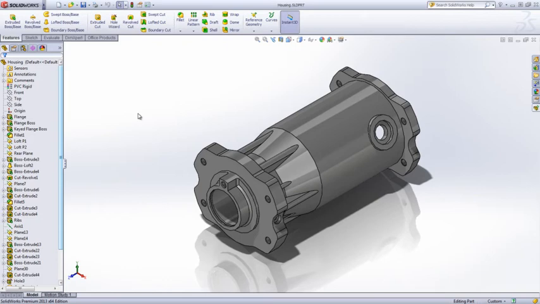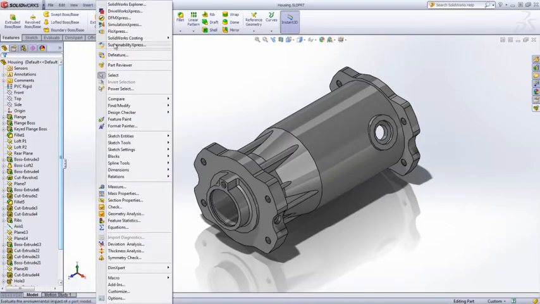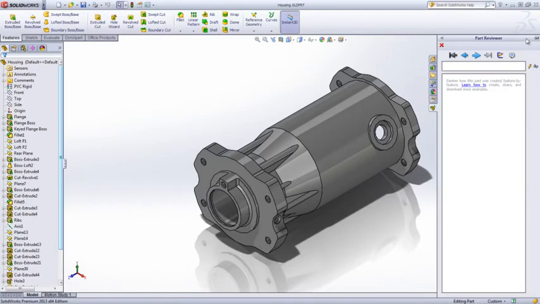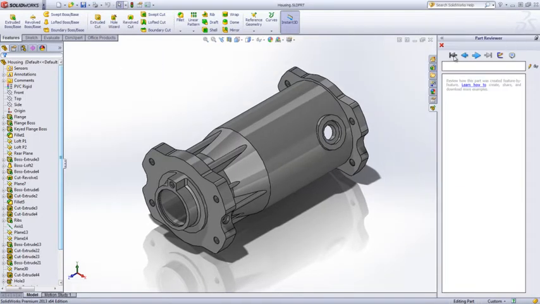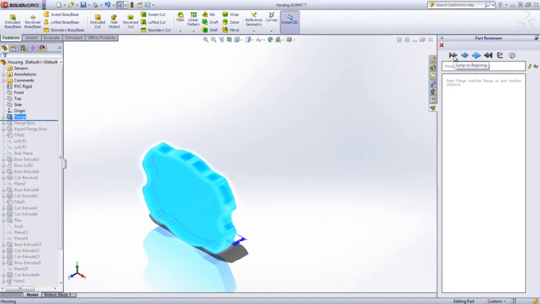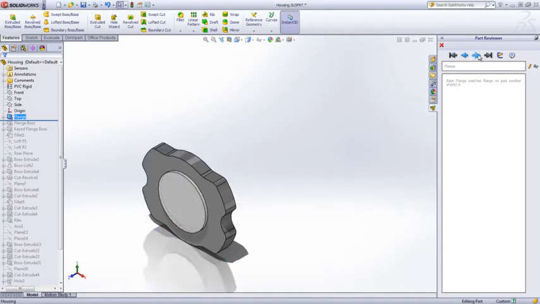The Part Reviewer was first introduced in SolidWorks 2012, but with new capabilities, it is now a very useful tool to improve design collaboration and promote better design practices across your team or organization. Using simple arrow buttons, you can cycle through the different steps, see how the part was created feature by feature,